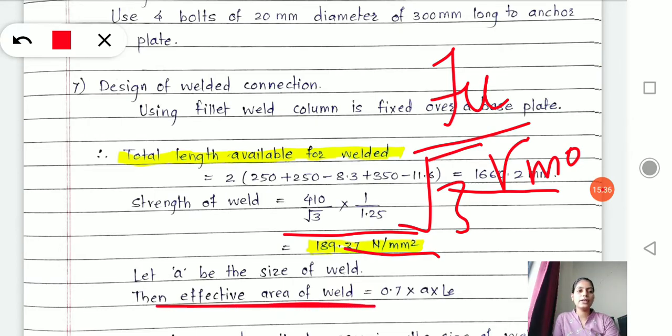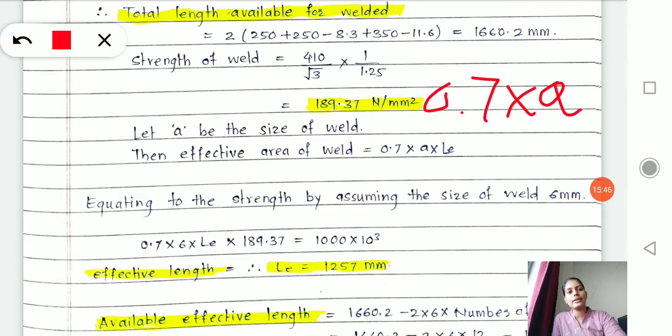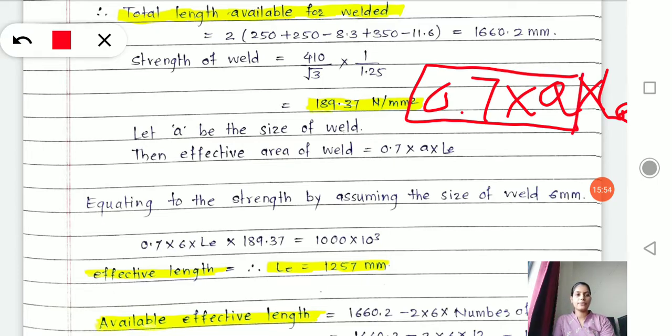Now I want the effective area of the weld. Effective area of a weld means what? See here, the effective area is taken as 0.7 into size into effective length. This effective area comes with the throat thickness, where a is the assumed size or assumed thickness of your weld.